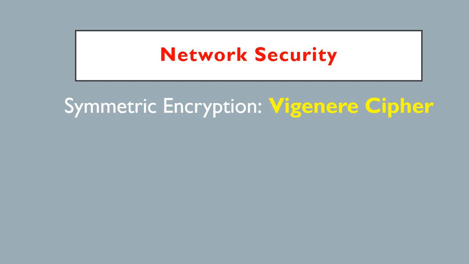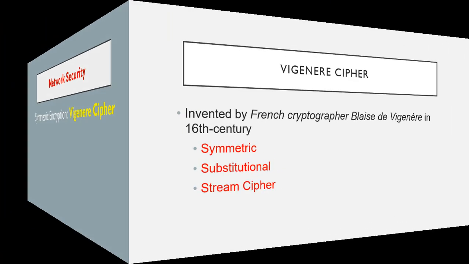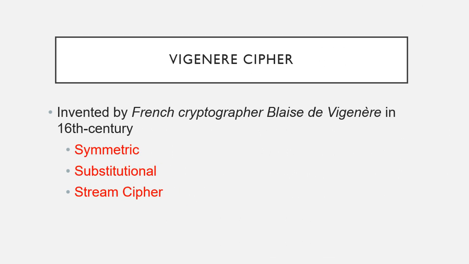Hello everyone. In today's lecture we learn to encrypt and decrypt the data using Vigenère cipher. So first of all, let's have a look at what Vigenère cipher is. It was invented by a French cryptographer Blaise de Vigenère in the 16th century, and it is a symmetric substitutional stream